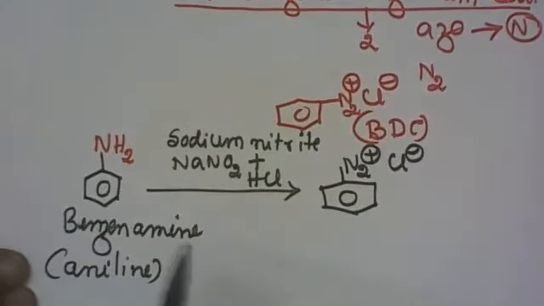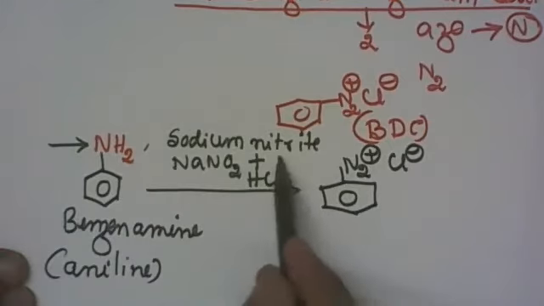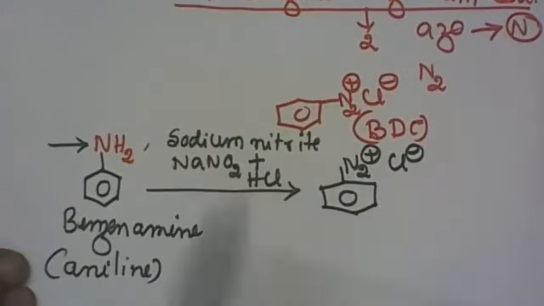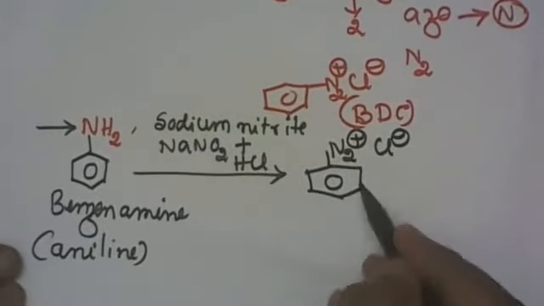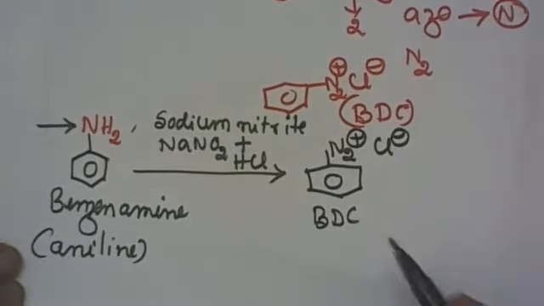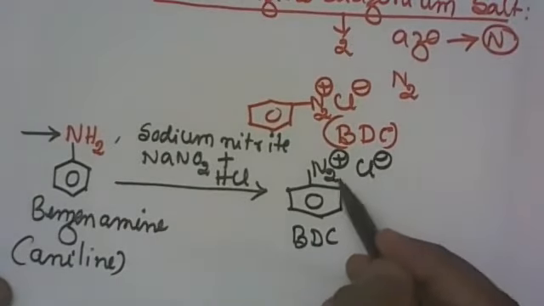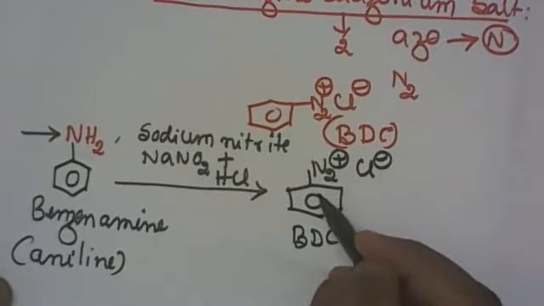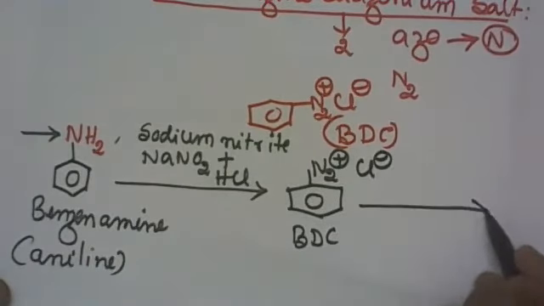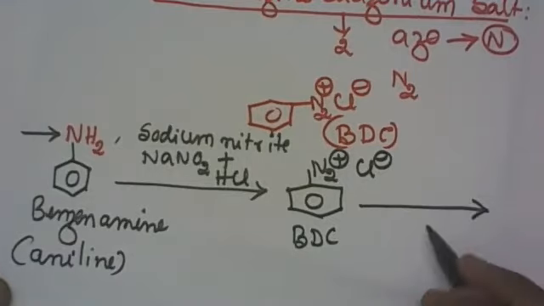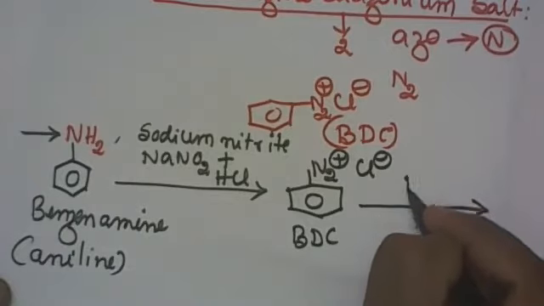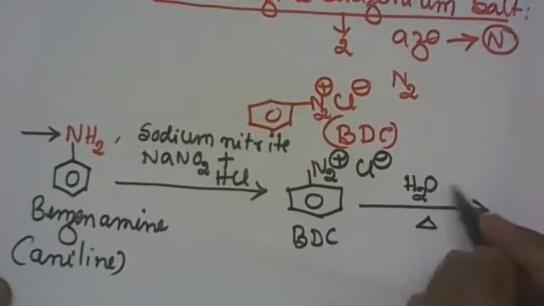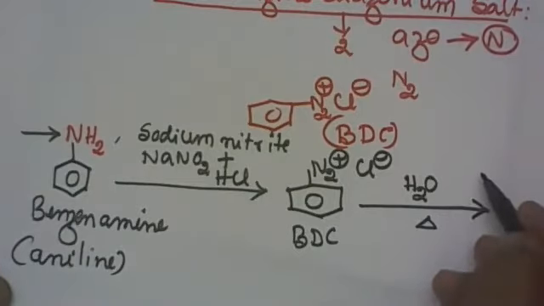In detail about this reaction, we are going to study in the amines chapter. But I'll explain a little later how to get this compound using sodium nitrite and HCl. Now we get benzene diazonium chloride. Now my target is to prepare phenol. OH must be attached to the benzene. This salt should be hydrolyzed, heated to room temperature. Hydrolyze means reaction with water. Lysis means breaking. Hydrolysis.